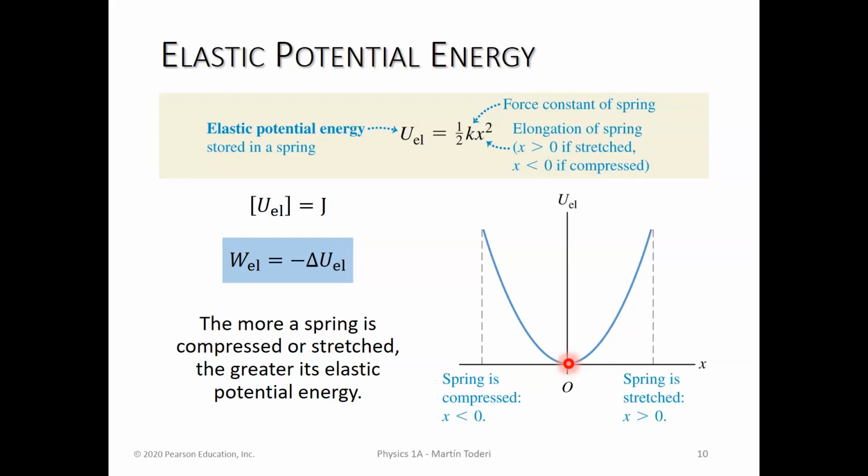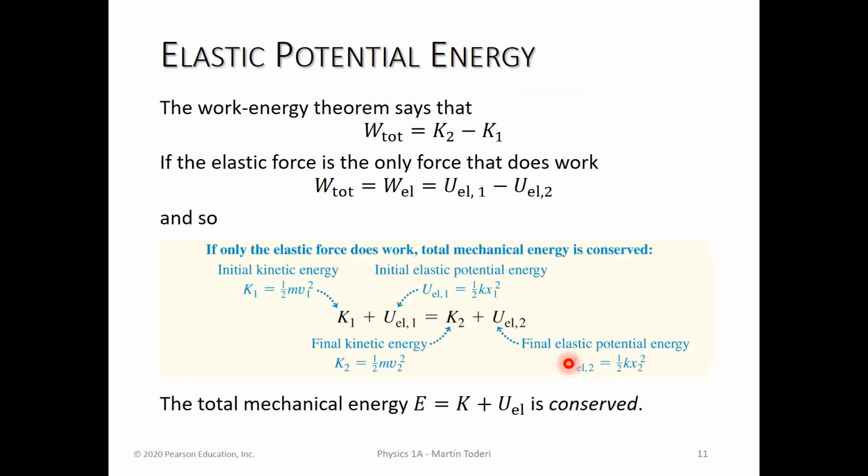So similar, but not the same as the gravitational potential energy. And we can apply the same reasoning as before. If we have the work energy theorem, which says that the total work of all the forces on our object will be equal to the variation of the kinetic energy. In this case, if the only force that's doing work for our system is the elastic force, we will have just the work of the elastic force, and that will be